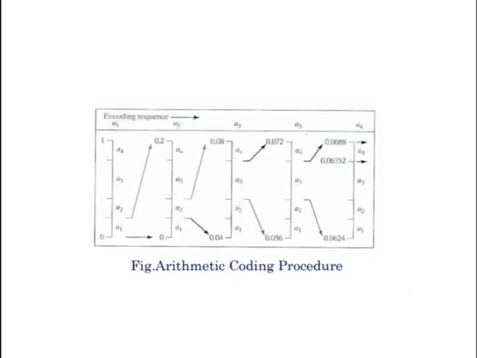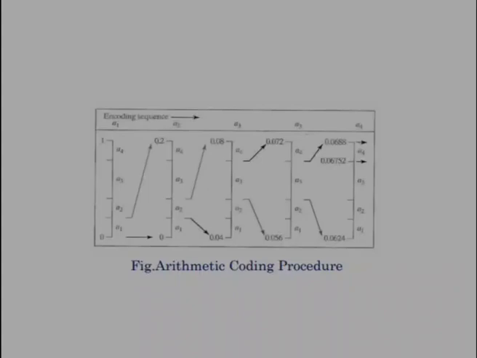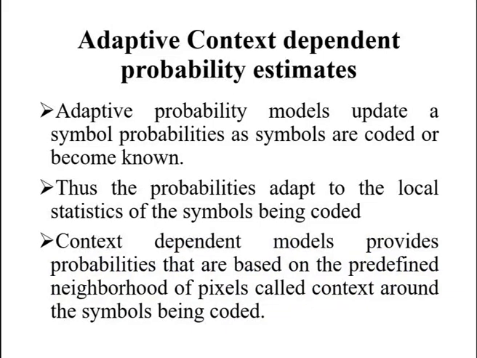Both the Q coder and MQ coder, two well-known arithmetic coding techniques that have been incorporated into the JBIG, JPEG 2000 and other important image compression standards, use probability models that are both adaptive and context dependent. The Q coder dynamically updates the symbol probabilities during the interval renormalizations that are a part of the arithmetic coding procedure.